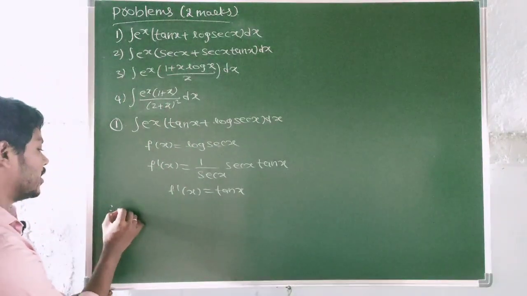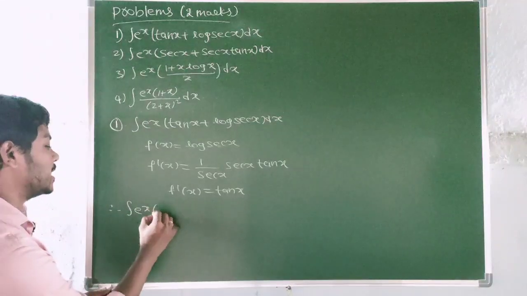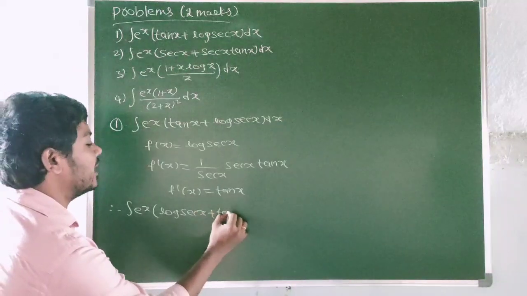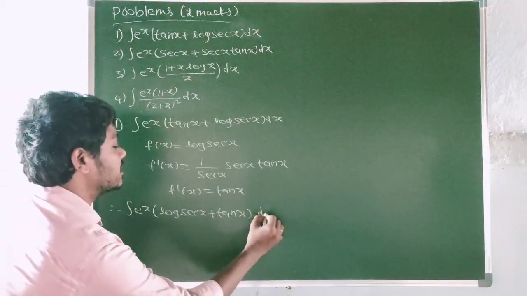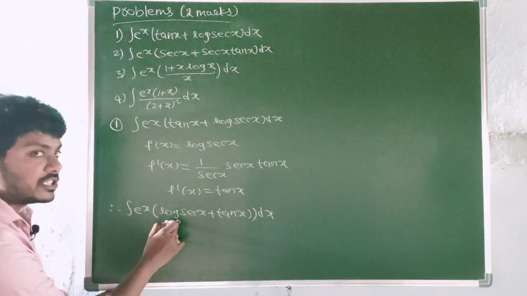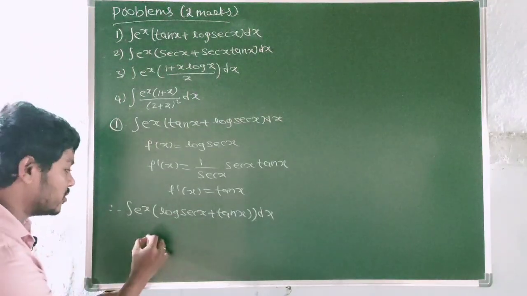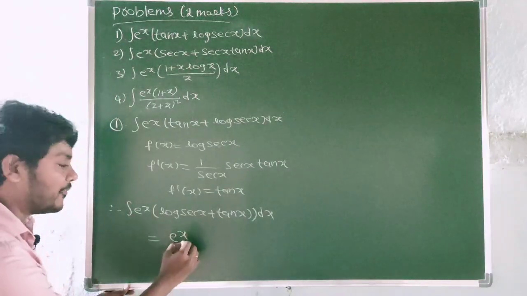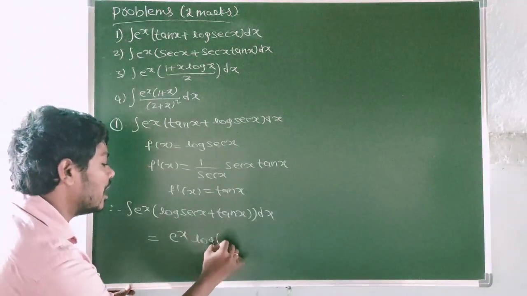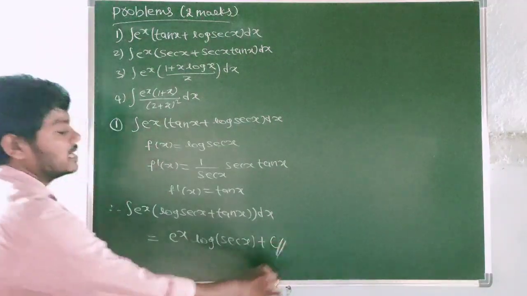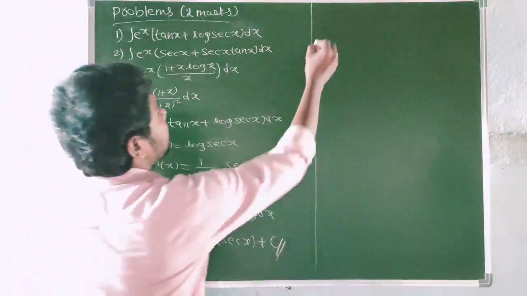So therefore integration of e power x log of sec x plus tan x dx is what? This is f of x and this is f dash x. So clearly this is e power x f of x, that is e power x log of sec x plus c. So this is the required answer. See the second question,